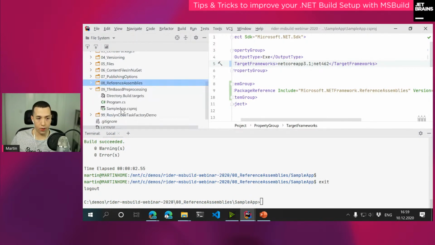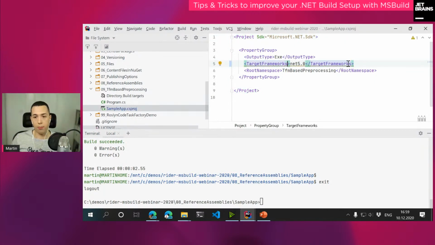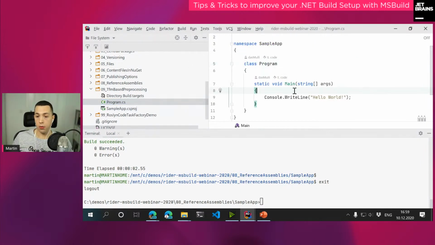So then one more sample for a bit of an interesting problem is that sometimes you reference APIs or code that is not available on any framework that you target. In this case, maybe we target .NET 5. Maybe we want to do it similar, like building libraries, targeting multiple target frameworks, maybe .NET 5, maybe .NET 4.2, maybe .NET 4.0, etc. And sometimes, depending on each framework that you actually target, you will have different APIs to use. So you could do something like